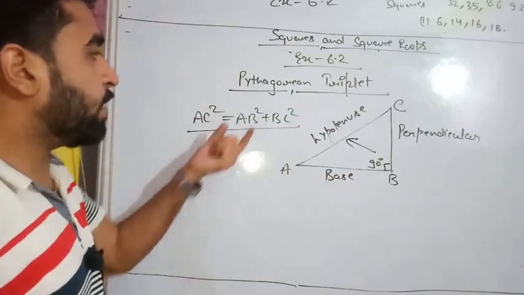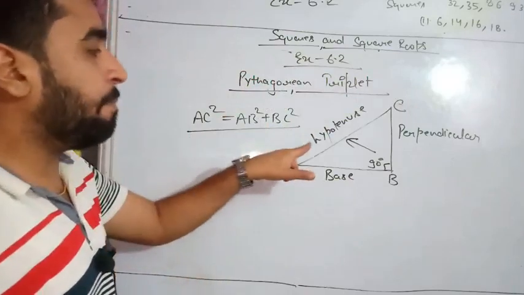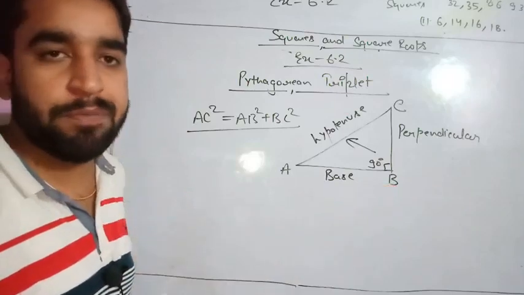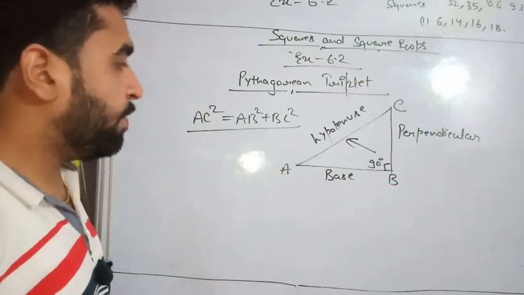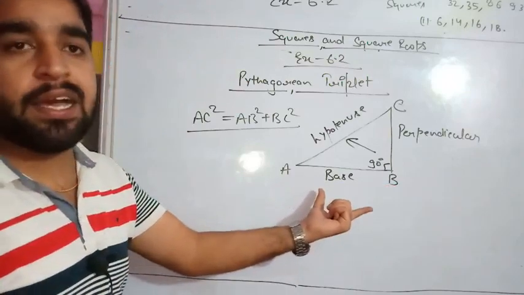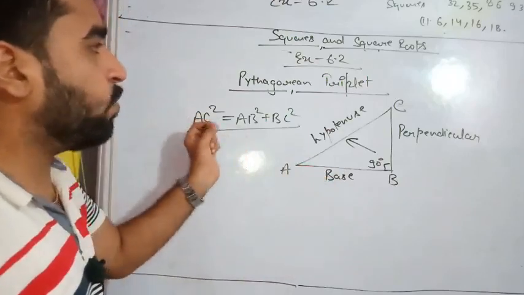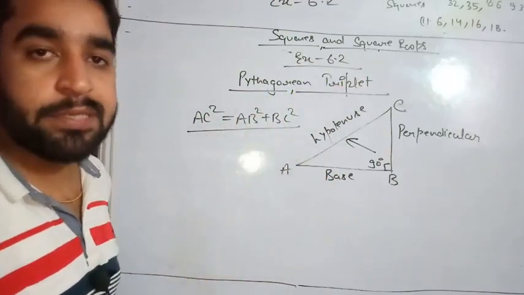Now students, what is a Pythagorean triplet? The three numbers which can justify the Pythagoras theorem are said to be a Pythagorean triplet. Or we can say, if for the sides of a triangle we can apply the Pythagoras theorem, they will be known as a Pythagorean triplet. You will study it briefly when we do the questions based on this.